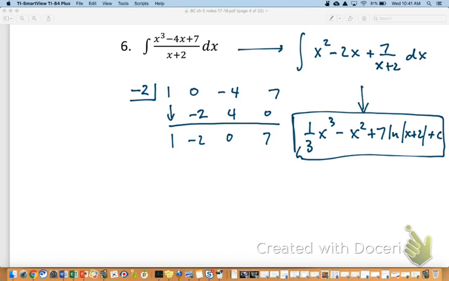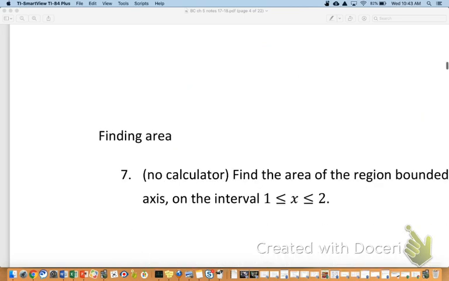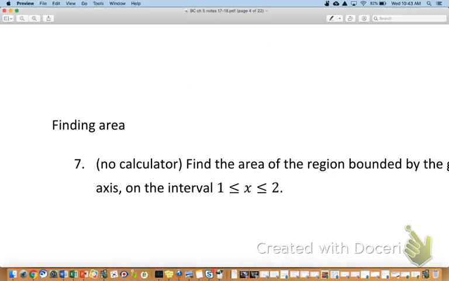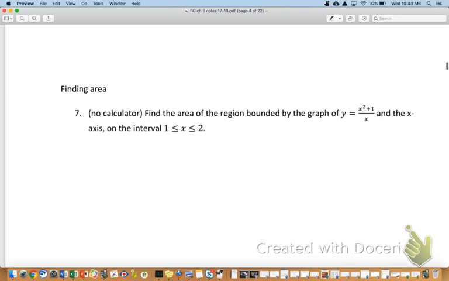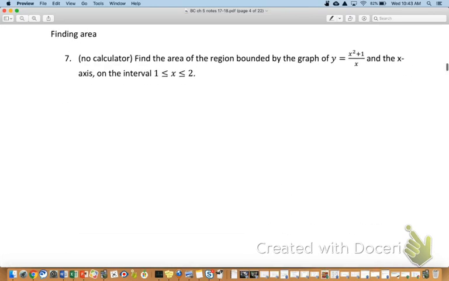Thoughts or questions? Okay, so let me just turn you loose on this last one. Got just like 6-7 minutes left. It's number 7, dealing with area. So I do want to tell you, I said no calculator here. I do want to tell you that the